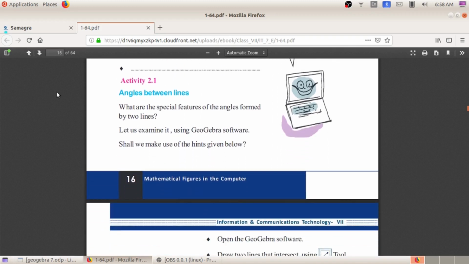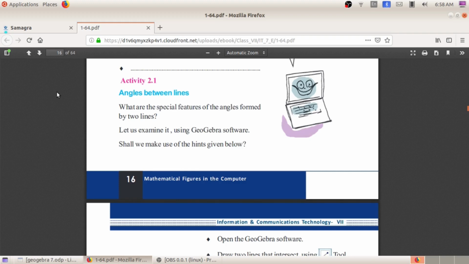So today, dear students, we are going to do the first activity, activity 2.1 in this chapter. The activity is angles between lines. I repeat, today we are going to discuss activity 2.1.